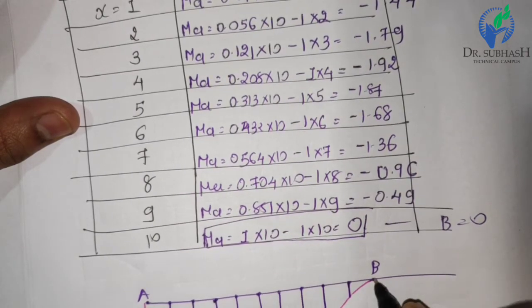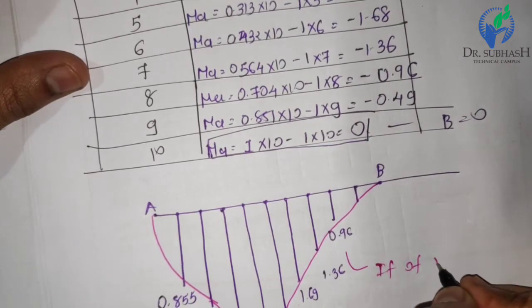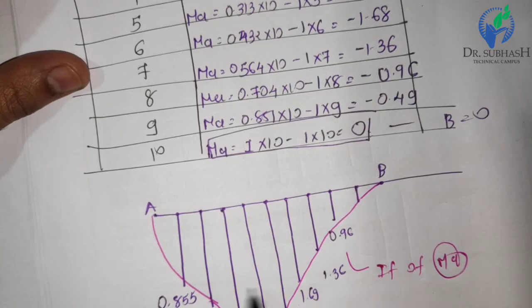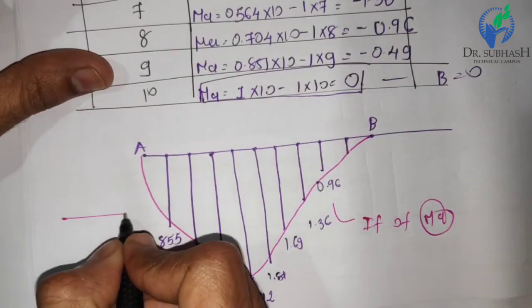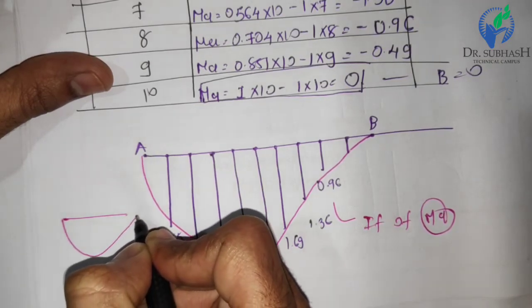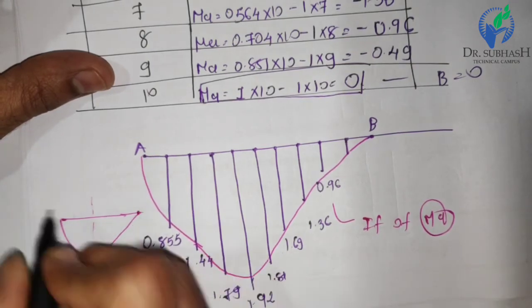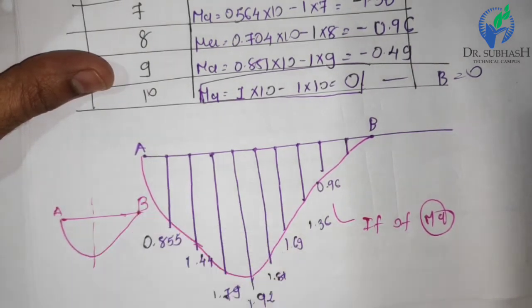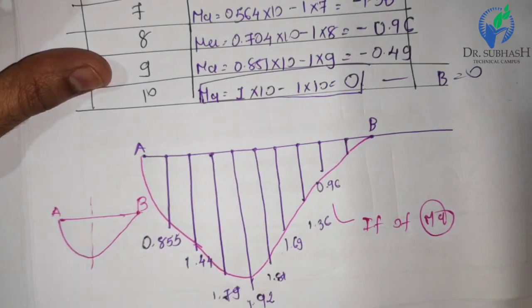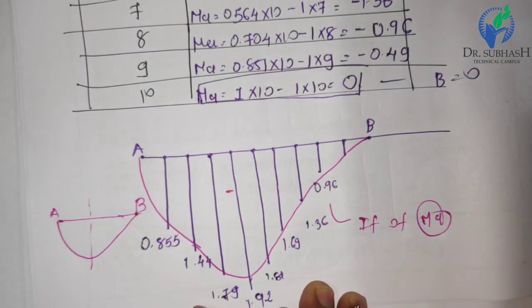influence line diagram of MA. If you draw it exactly to scale, the diagram is like that. It should increase on the left hand portion of our point load and decrease nearer to B. So this is A and this is B. Likewise our bending moment diagram is there, and it should be negative because our beam is a cantilever, so the bending moment diagram is inverse to our routine beam.